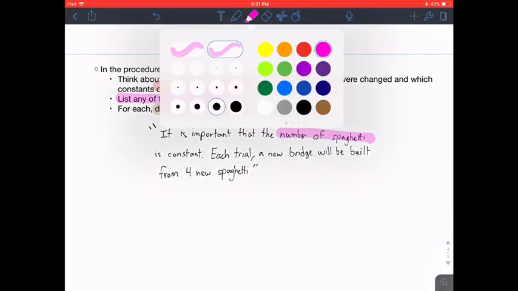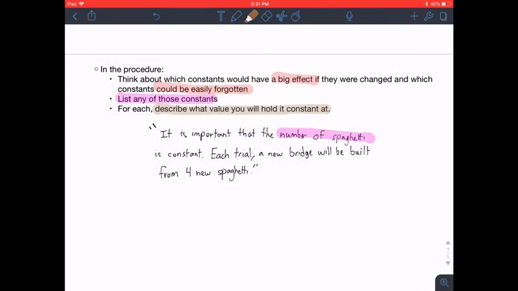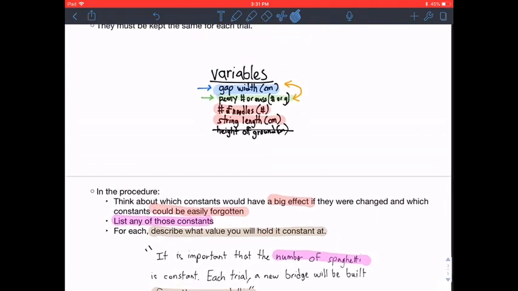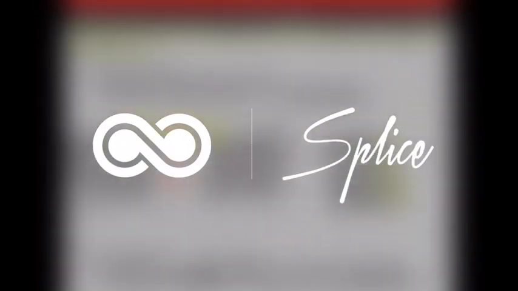And the last thing we're going to do is state the actual value that it will be held at, because that value makes a difference. I'm going to get different results if my bridge is 8 spaghetti versus 4 versus 50. And so we want to make sure to specify what the value will be. If you do those things, describing your constants, your independent variables, and your dependent variables well in a procedure, then you're doing a great job of meeting